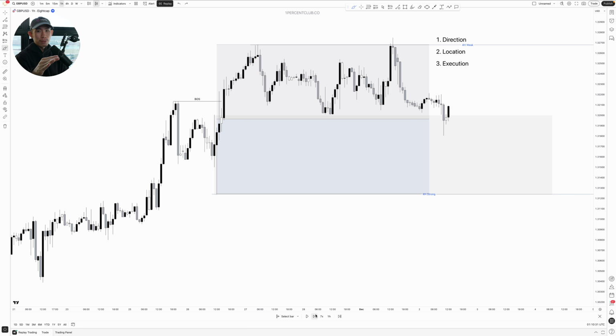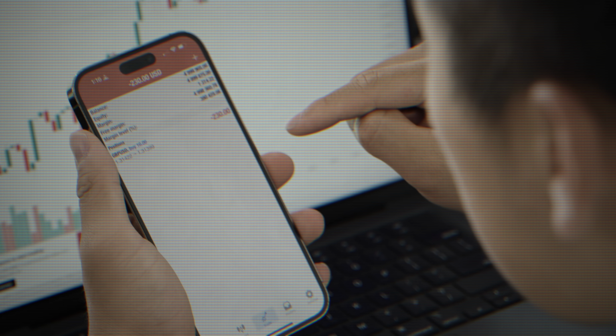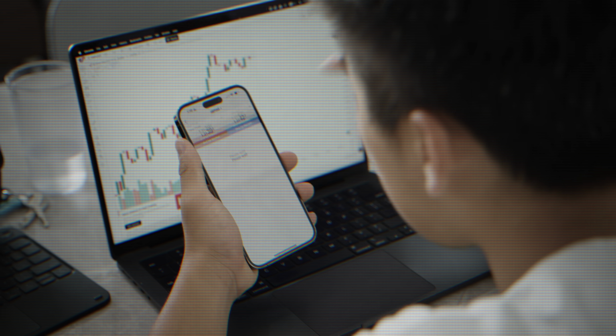You shouldn't be looking for entries. Okay? This trick alone will save you thousands of dollars. It will save you from making a bunch of stupid trades, rushing into the trades early, forcing trades when there is no opportunity, overtrading, and all those stupid amateur mistakes that you will make if you are trading.